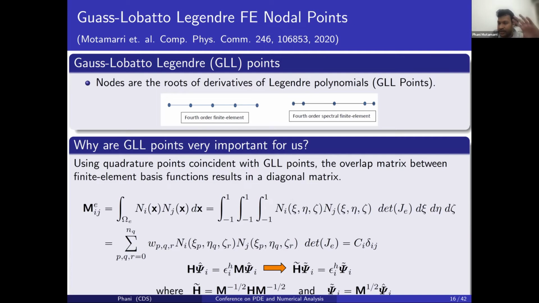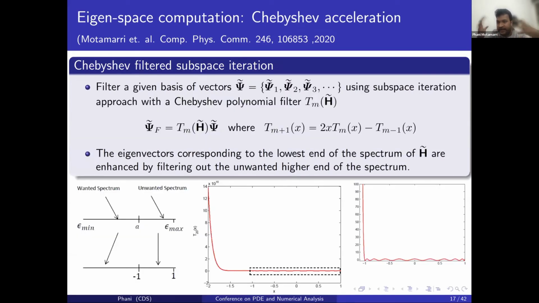Now, using higher order finite elements, and these spectral finite elements where your nodal locations are at the roots of derivatives of Legendre polynomials, the transformed standard eigenvalue problem becomes very easy to solve, because your M to the power minus half is just the inverse square root of the diagonal entries of the overlap matrix. Now, having reduced the degrees of freedom and having transformed the generalized eigenvalue problem into a standard eigenvalue problem by using the spectral finite elements,